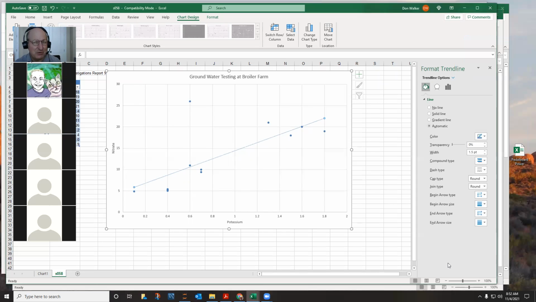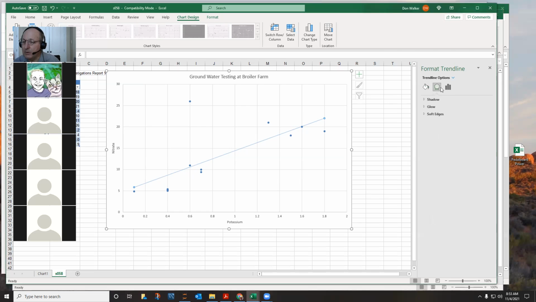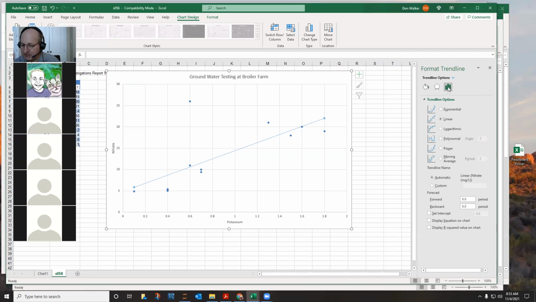Does anybody remember? Has anybody done a trend line here recently? And seen where you can add the actual mathematical expression, the equation of that line? Anybody? Trend line options. Seems like it's there. Yeah, it's under